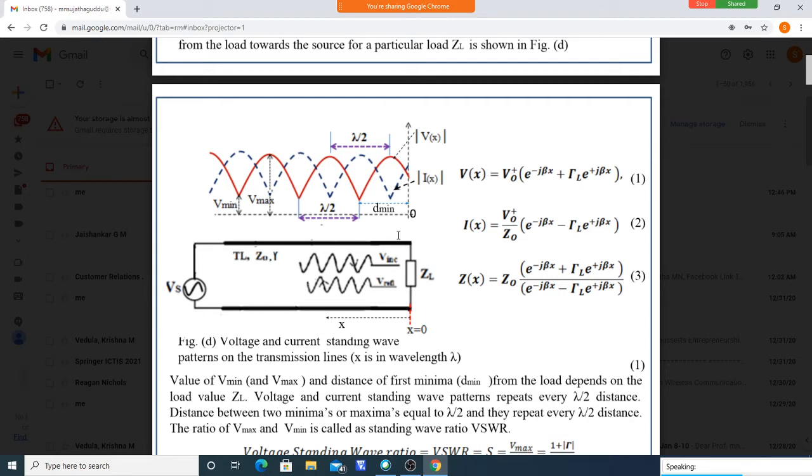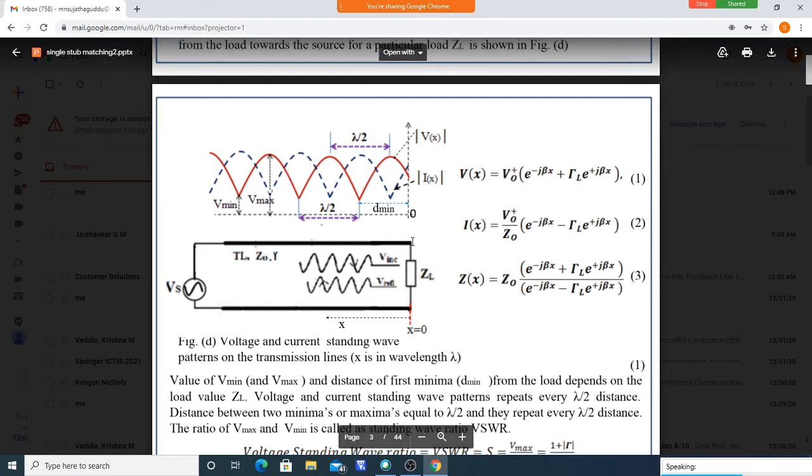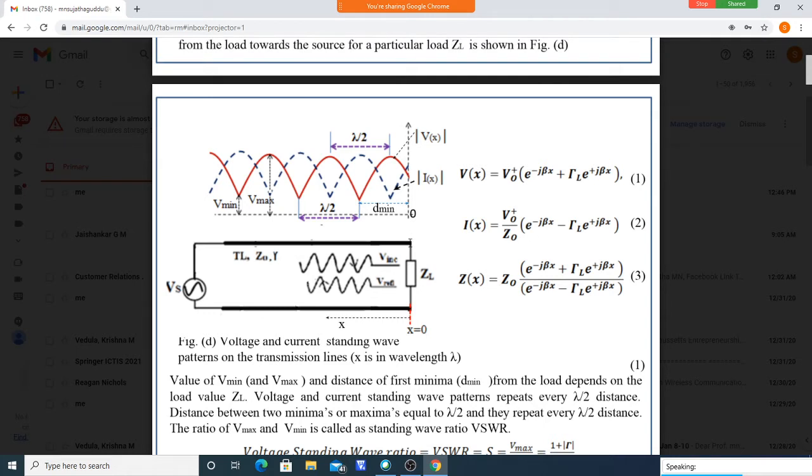Like that, the load value here is ZL, at this position x is equal to 0. From here you move a distance of lambda by 2, up to this position. Again the same load value, whatever is connected, we can observe here: the load value ZL. So every lambda by 2 distance it repeats. From the load point we will get maximum impedance, and it varies and reaches a minimum value, and it may take the load value itself. Impedance goes on varying over a transmission line as you move.